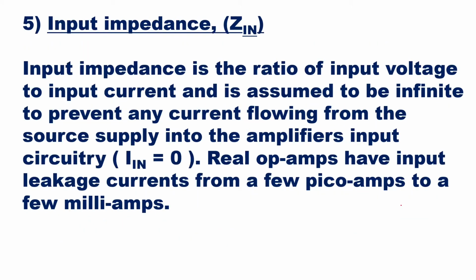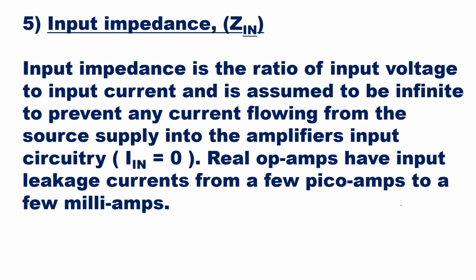Then we'll go to see what is input impedance for an op-amp. Input impedance will be the impedance of the input circuit. For that, you should know the input voltage and input current. If you take the ratio of input voltage upon input current, it will give you the input impedance. According to the definition, input impedance is the ratio of input voltage to input current and is